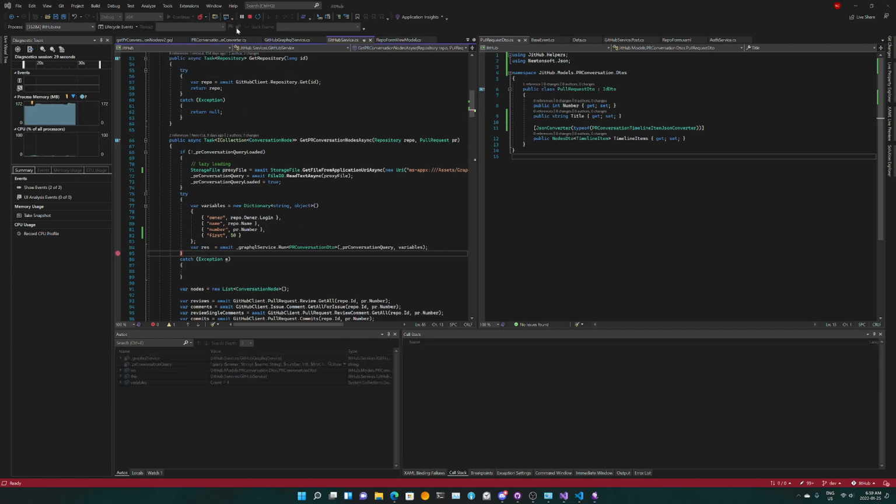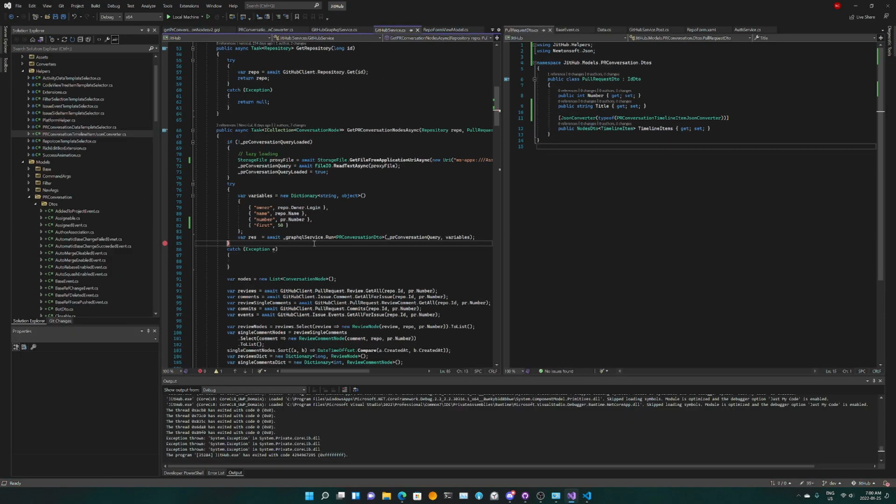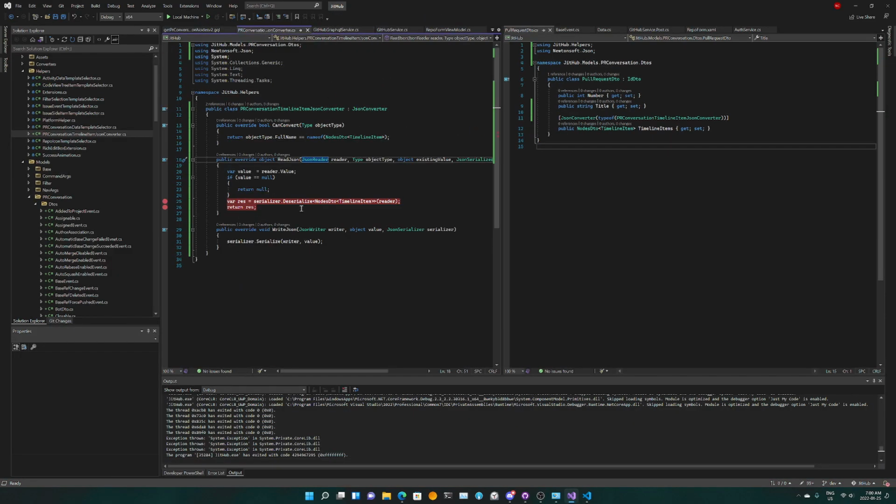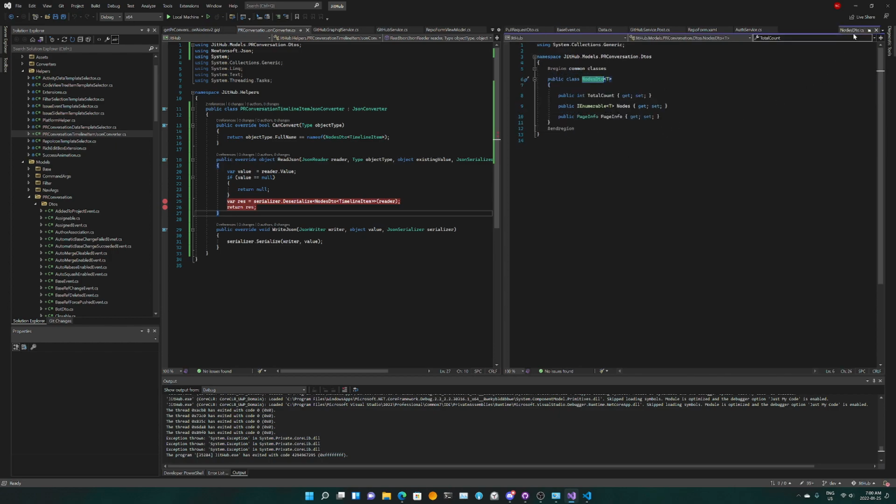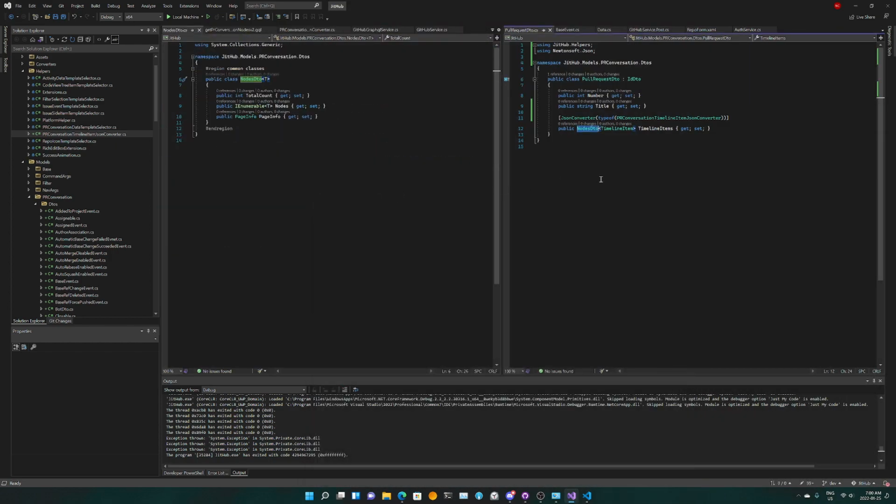Okay, so clearly that doesn't work. So we're gonna move on to the other solution here. So basically, we're gonna define a new type over here. We'll just not use the nodes DTO here. Basically, we'll define something extremely similar, but at the same time different, right?